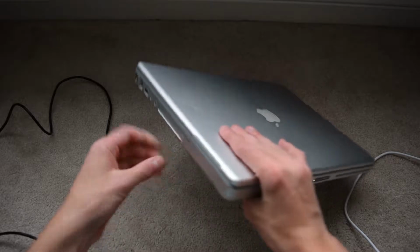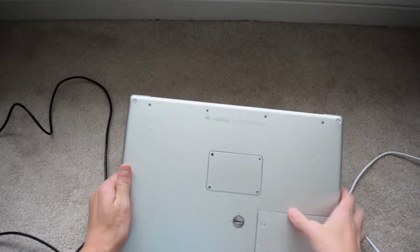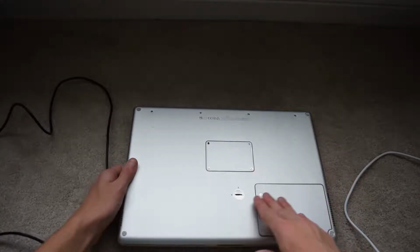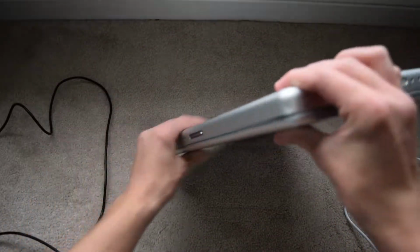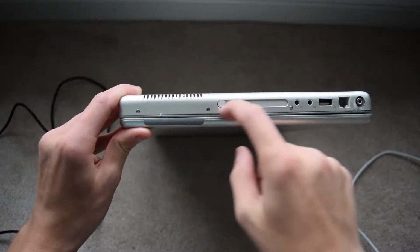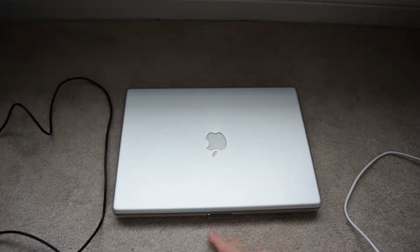I lost a lot of the screws, most notably all the ones on the back. I found 2 screws that fit that aren't original. This screw here is missing. 3 out of the 4 of the screws on the RAM door are not the same, and the screws under the battery aren't there. And also, I can't figure out why. I've tried to fix this, but this plastic panel here does not sit flush. But either way, the thing works, which I'm sure most of you knew it did, because